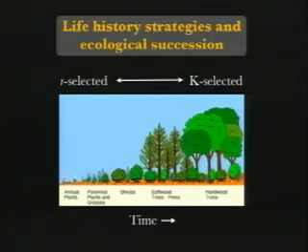It would look something like this as it succeeded through to these later stages, starting with annual plants, smaller plants that grow rapidly, reproduce, and attempt to propagate their seeds to another area with suitable conditions. Because these plants may not grow at all under these conditions. They require the conditions here. What are some of the conditions here that these plants might require that are not available here? What are some of the conditions here?